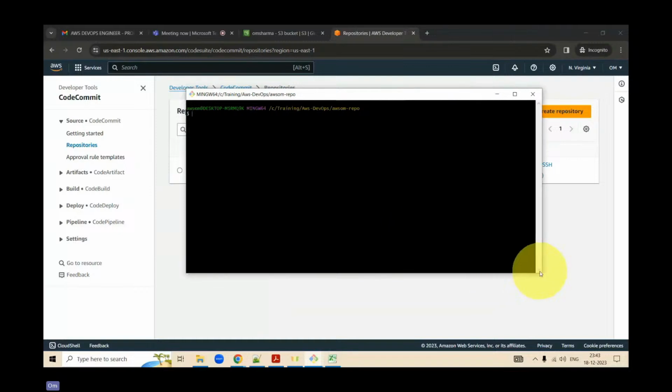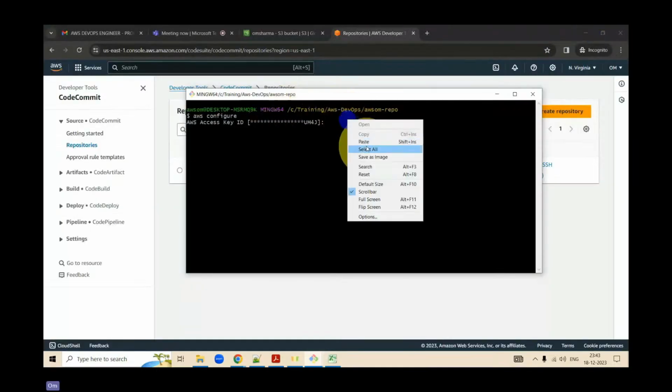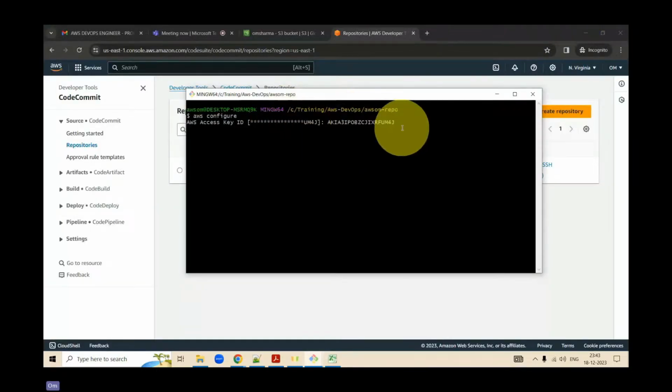So what is the first step? The AWS configure. Put aws configure. The moment you put aws configure, it would ask you for an access key. This is your access key. You get it. Put it. See, UM4J at the last, UM4J at the last.